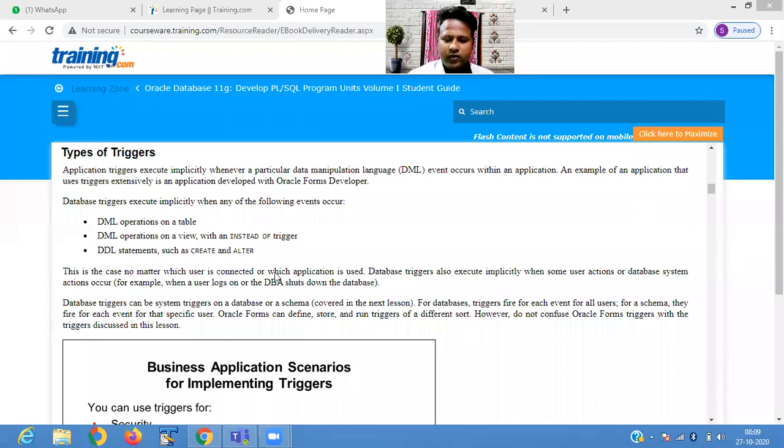Now, the business application scenarios for implementing a trigger.